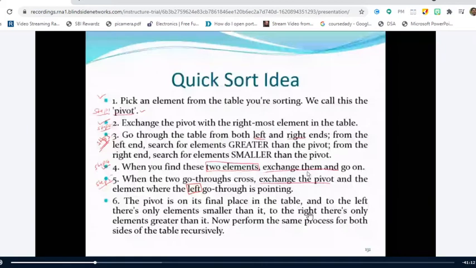When you swap the pivot element with the left pointer element or right pointer element, you make the pivot element sit in its exact position. By that time, the pivot has divided the given list of elements into two parts. The left part of the